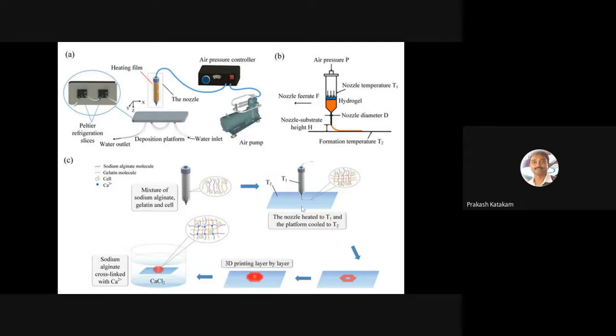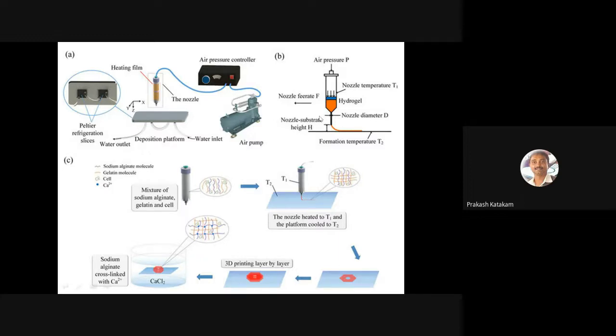This is a publication they have recently printed. Most of us know that sodium alginate in presence of calcium becomes a gel, calcium alginate gel. So using that technology, along with some gelatin molecules, gelatin being a most common component in our body, and also some living cells, they prepared a shape like this, 3D printed layers.